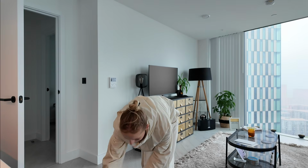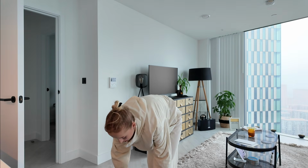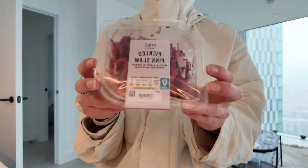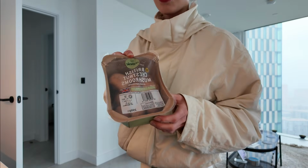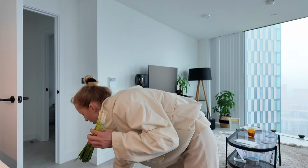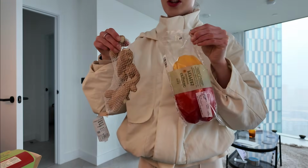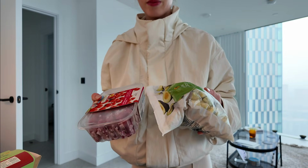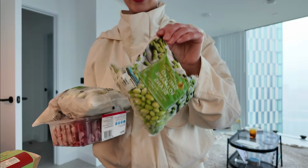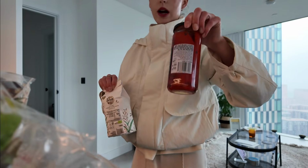I got the bags. I didn't actually get a great deal. I just picked up mainly, honestly, like fresh stuff. Pickled pink slaw, basil, coriander and bay leaves, milk, mushrooms, broccoli, spring onion, red chilli, apples, lime, peppers and ginger, kiwi and hummus, frozen avocado, frozen raspberries, frozen edamame, kimchi, potato, some spinach, some salad, celery, some jarred red peppers,